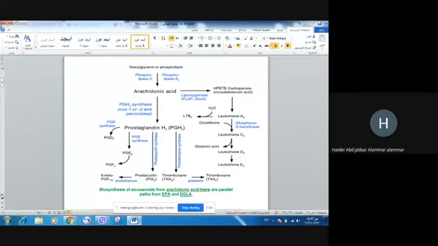Arachidonic acid, by lipoxygenase enzymes, is converted to hydroperoxytetraenoic acid, which is the precursor of leukotriene A4, leukotriene C4, leukotriene D4, and leukotriene E4. This figure is for observation only, but you have to know the enzyme involved and the precursor of each one. The precursor of all leukotrienes and prostaglandins is arachidonic acid, but the precursor of leukotrienes is HPETE,